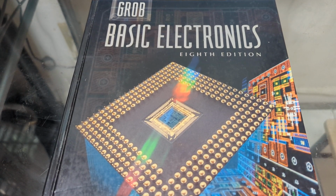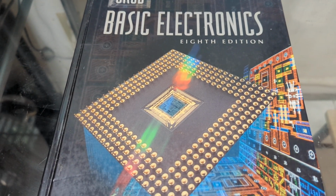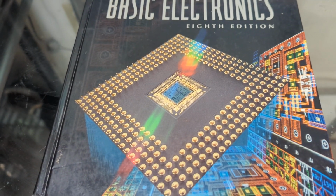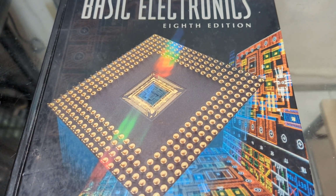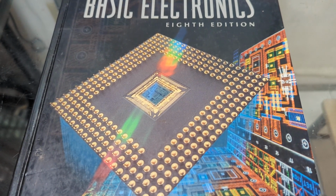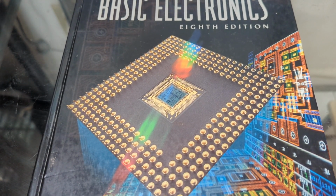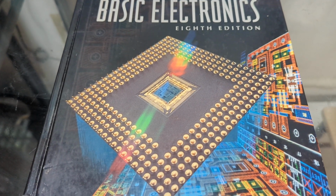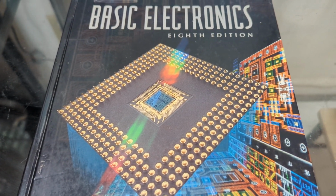First, maybe a course that will go over AC and DC concepts and a little bit into semiconductor devices. If you've taken high school physics, a lot of what's in this book is probably going to be a review. So it's a book that goes over what you would go through in your first electronics course in a college electronics program, and it's very easy for beginners to get started. Electronics basics haven't changed over the years, so pretty much you'll be learning about Ohm's law and voltages, currents, resistance,